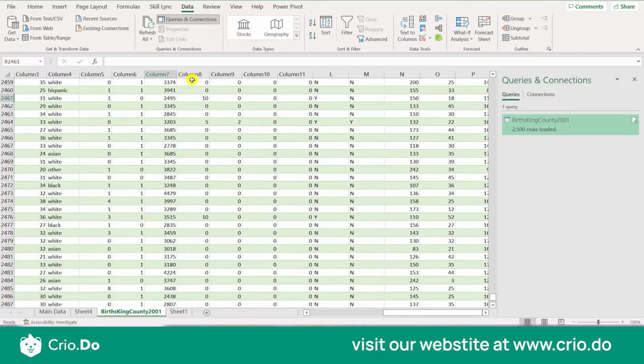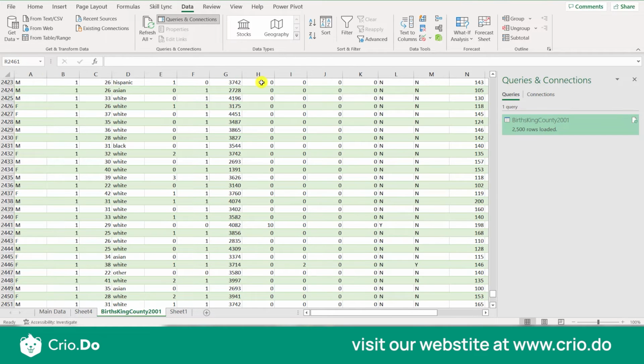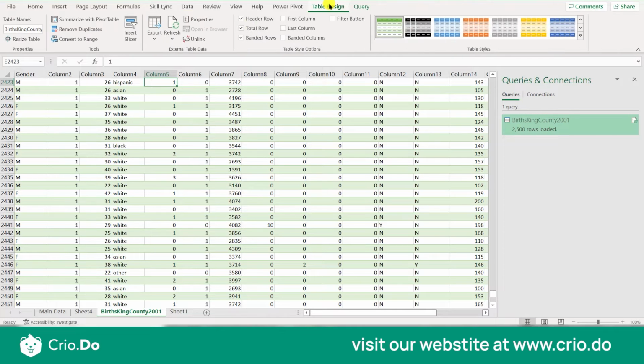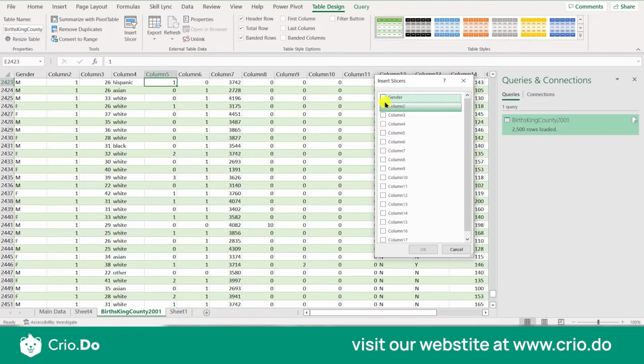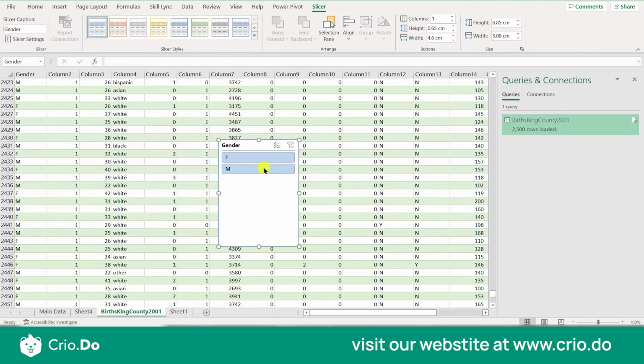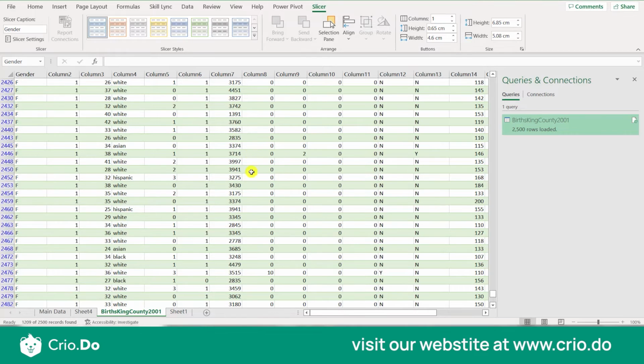Let's try inserting the slicer here. Slicers are interesting, so let's try that slicer thing. I will be going with a table design, and let's have a slicer. So I can choose a particular column. Let me choose gender. In that case, if I have the gender here, I can go for the female